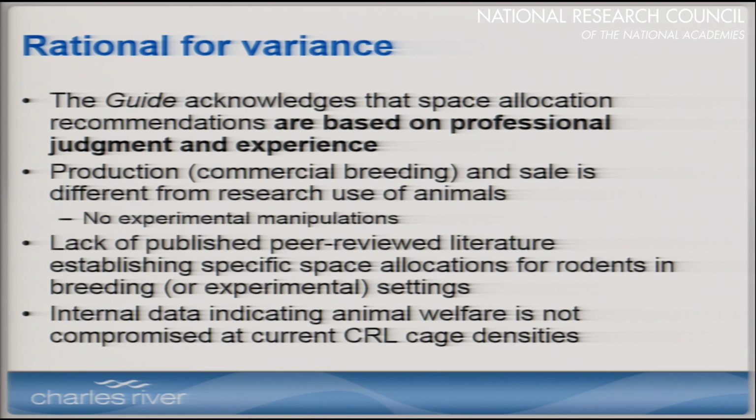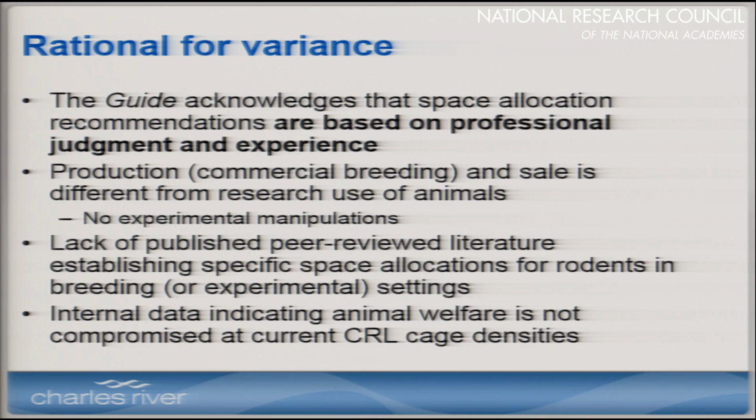The most recent version of the guide, I think, does a nice job of illustrating the irregularities or difficulty in trying to review the peer-reviewed literature that was present in 2011 and applying it to certainly a commercial production setting, but also I think an experimental research setting. There's a lack of a consistent peer-reviewed literature base to help us make this decision. There's individual studies using different study designs, different outcome measures, and it's very difficult to take that body of work, which is a small body to begin with, and apply it in a general way to be useful, I think, certainly in our production setting, and I think often it's even confusing and not terribly useful to apply in a